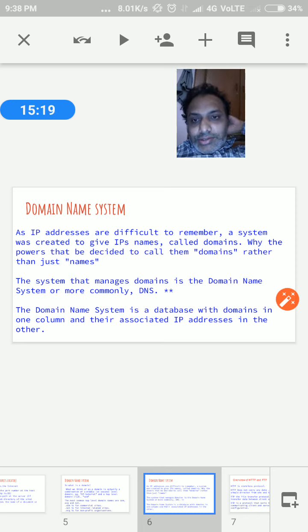As IP addresses are difficult to remember, as I already told, a system was created to give IPs a name, called a domain.